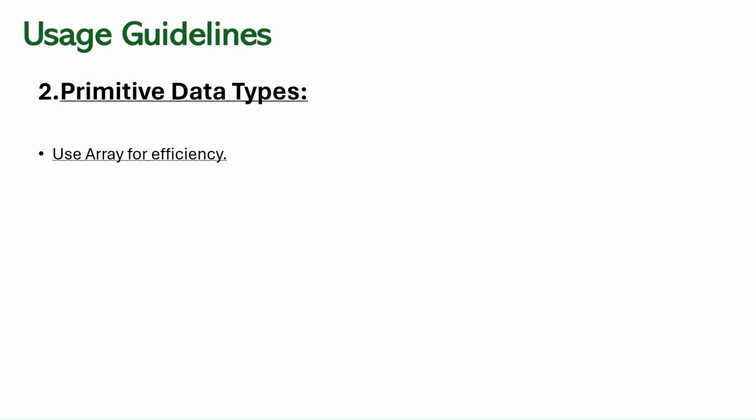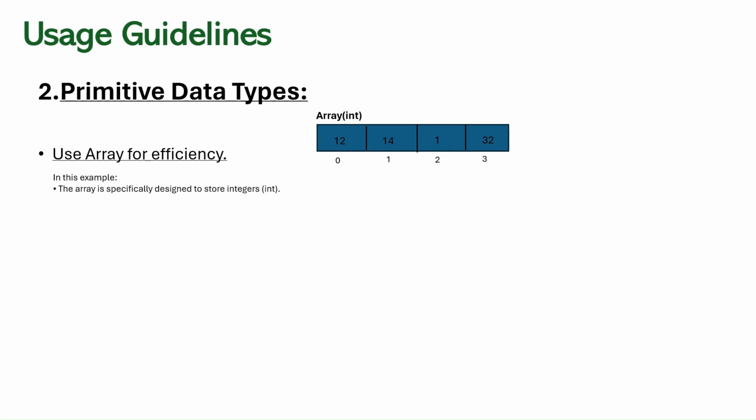Now let's turn our attention to a specific scenario, which is working with primitive data types. Here efficiency becomes the crucial factor and arrays again emerge as the optimal choice. Let's explore why. Arrays provide a direct and efficient way to handle primitive data. When you're dealing with simple data types like int, char, or double, arrays shine because they offer a straightforward and direct mapping of memory. Each element is precisely allocated the required memory, ensuring an efficient and direct way to access